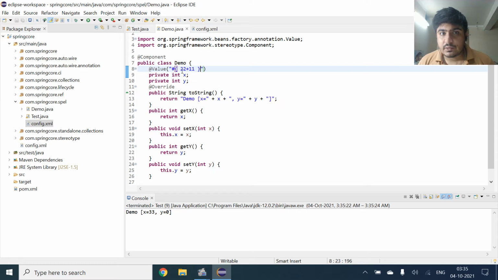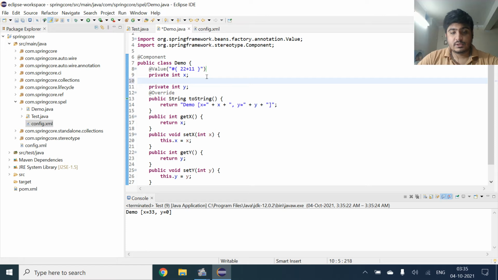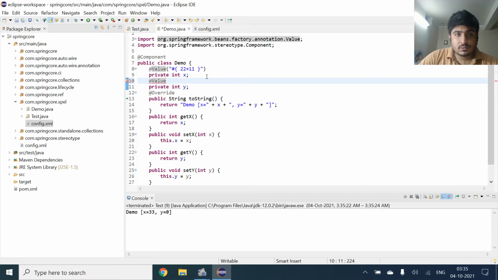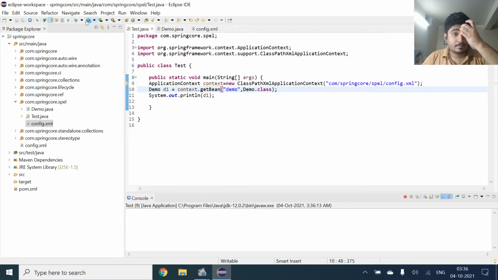And what if we want to give some value for y? Here we will give, and now we are getting the value of y as 11.